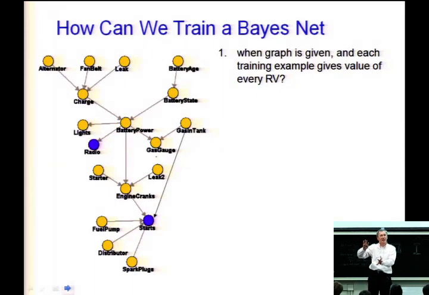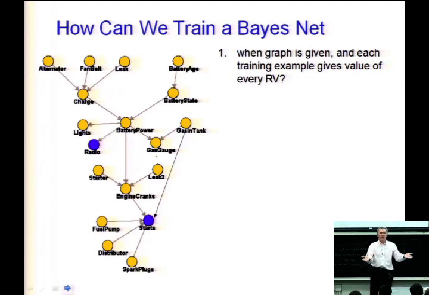So every training example is really the values of every one of those variables. Every day I go out and look at my car, I measure all those variables, I write down one training example, the next day I get another example, and so forth. So if I want to train the Bayes net with fully observed variables, and I know the graph structure ahead of time,